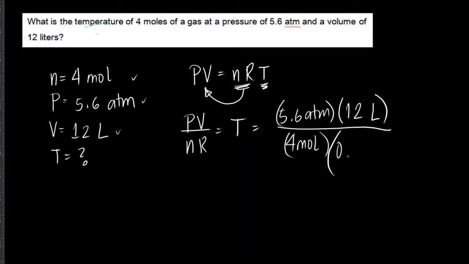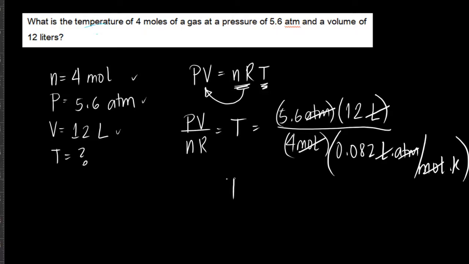So 0.082 liters atmosphere per mole Kelvin. Okay. So with that, liters cancel, moles cancel, and what remains is just the Kelvin. So yay! Temperature. So grab your calculators, that's 5.6 times 12 divided by 4 times